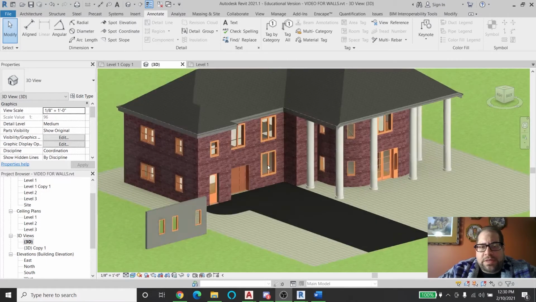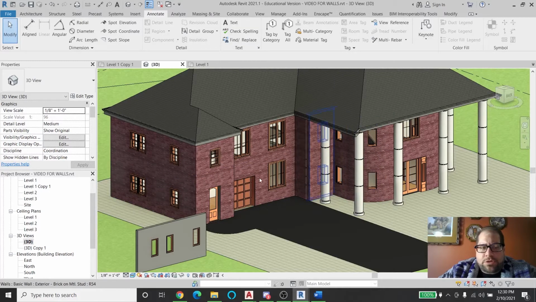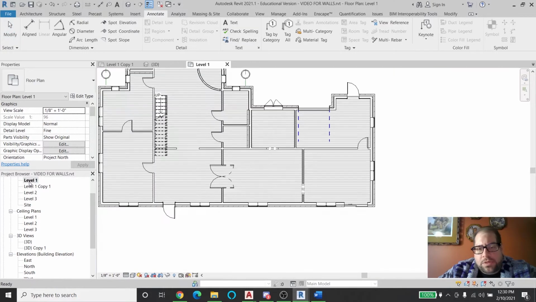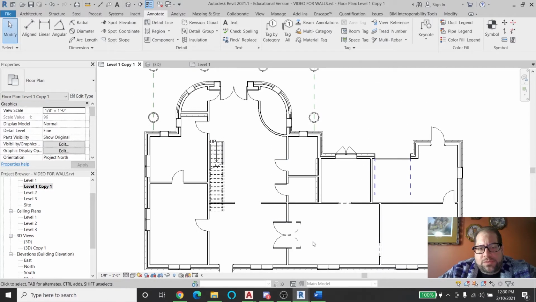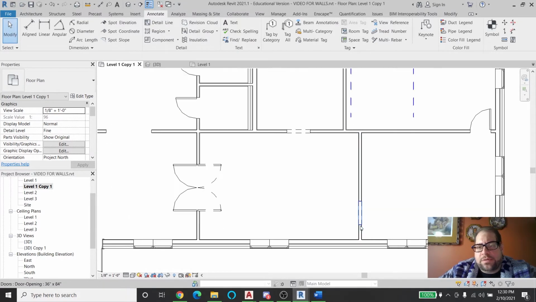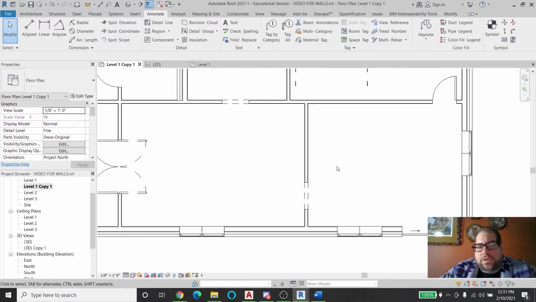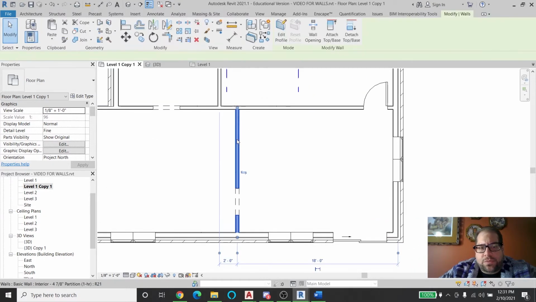I created this house, which is incomplete, just to demonstrate this. I'm going to go to the level 1 floor plan. On this floor plan, you see walls of all different types, doors of all different types, windows of all different types, and things like that. So I'm going to focus in over here and show you very simply that if I click on this wall,